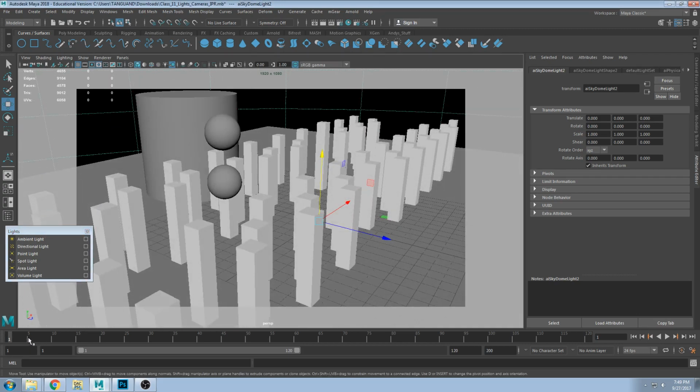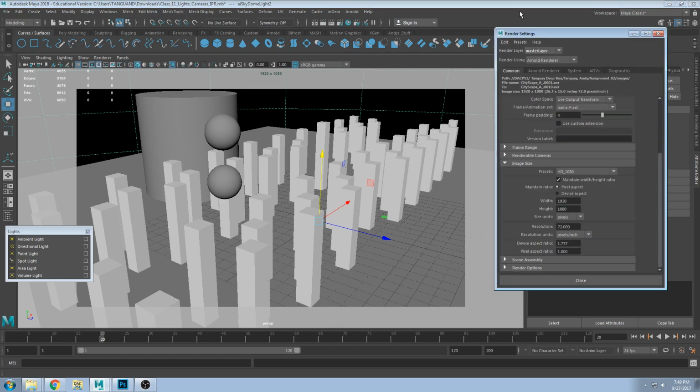What your frames per second is, down here in the corner, which is 24, and I just wouldn't mess with it, and your resolution that you'll get in through here. Okay,